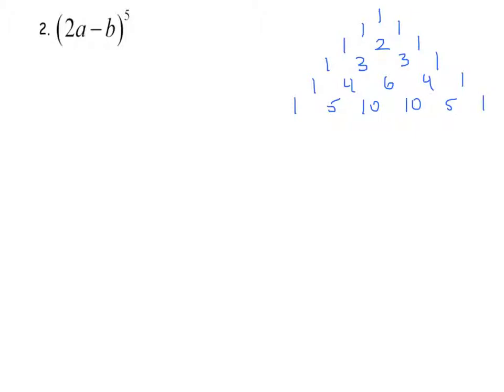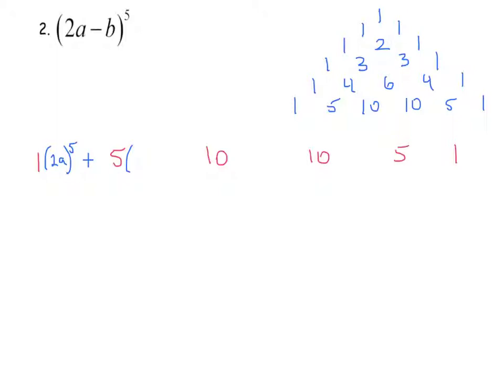will have these coefficients. So I'm going to start out with writing those coefficients in a row. So I have 1, 5, 10, 10, 5, and 1. And I'm going to start building the next part of it, which will be 2 times a to the fifth power plus